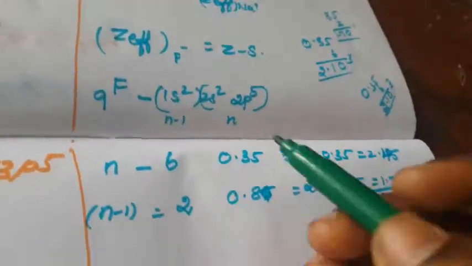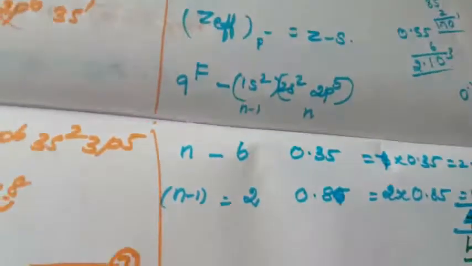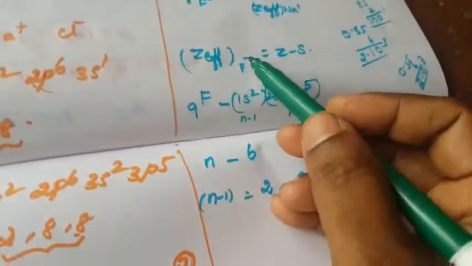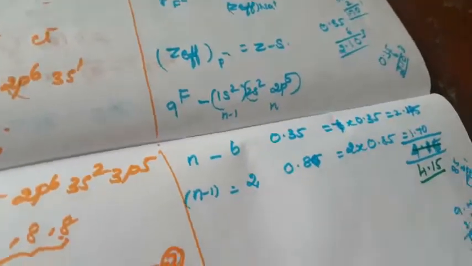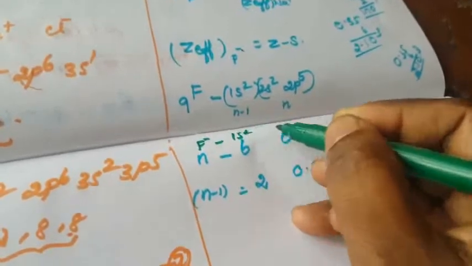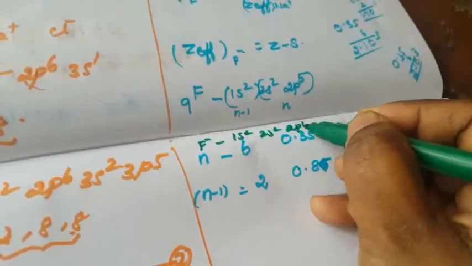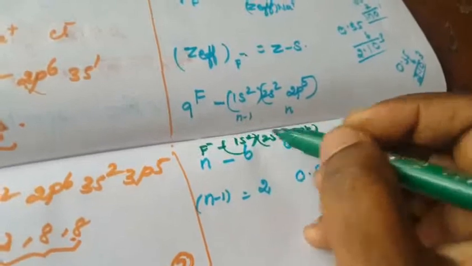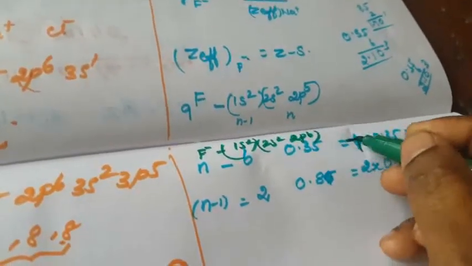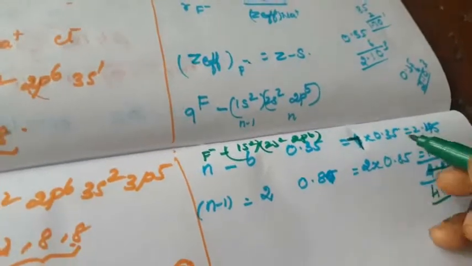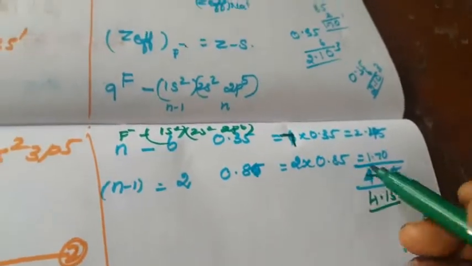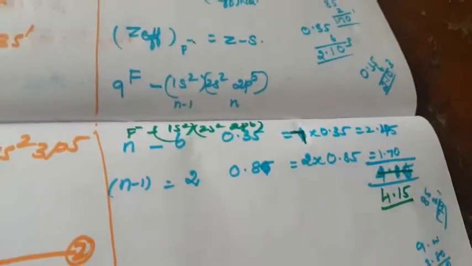Sorry, I forgot to tell you, this is for F minus. So what is the electronic configuration of F minus? F minus is written as 1s2, 2s2, 2p6. Totally there are 8 electrons in the nth shell and 2 in the n minus 1 shell. So 8 electrons, 1 electron leaving, means 7 remaining. 7 multiplied by 0.35 is 2.45. 2 multiplied by 0.85 is 1.70. Adding, we get 4.15.